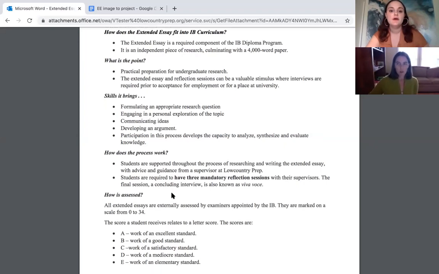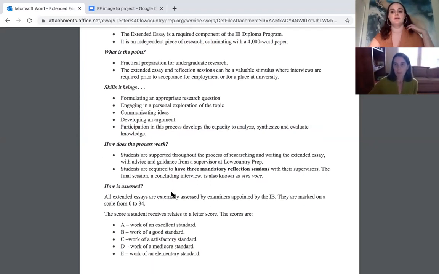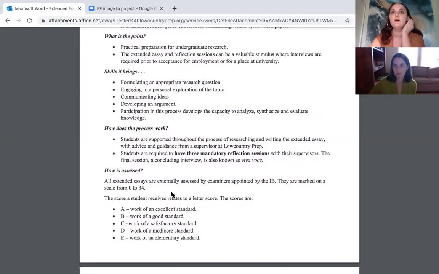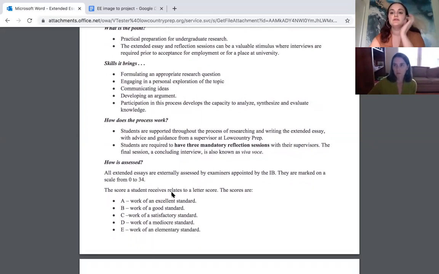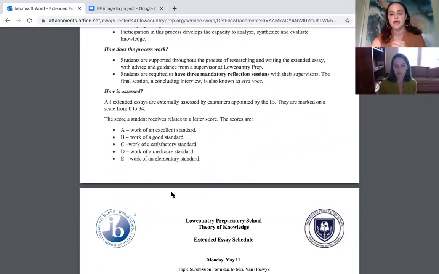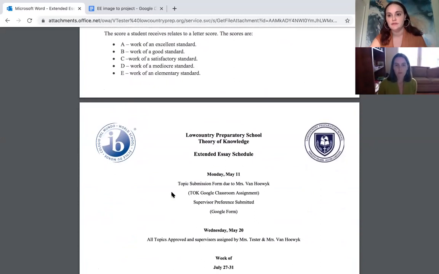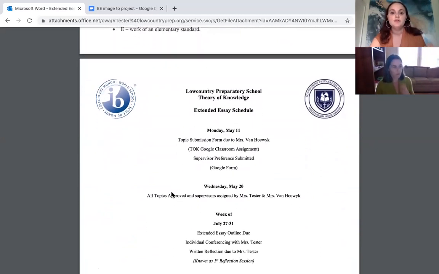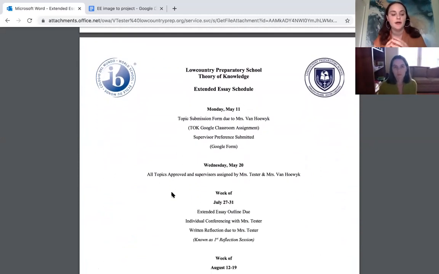Okay, great. So Ms. Van Hoek and I sat down and thought about some of the struggles that the seniors might have had this year or in years past, and we came up with a schedule that we thought would be the most beneficial to help, like she said, guide you through this process. So again, these dates are concrete. We've gone through the calendar for the next school year, and this is what we think is going to go the best with our school calendar.